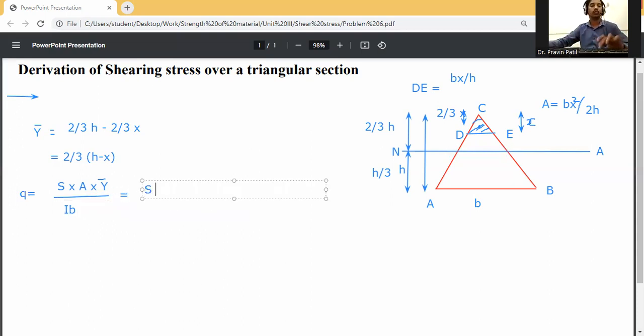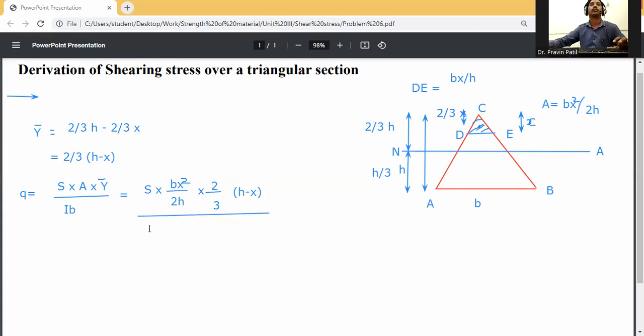So S into A, A will be bx square by 2h, divided by 2h, into y bar, which is 2 by 3 in bracket (h minus x), divided by